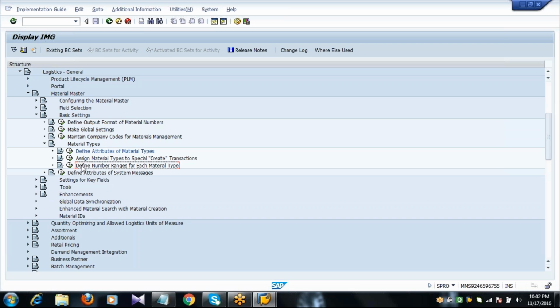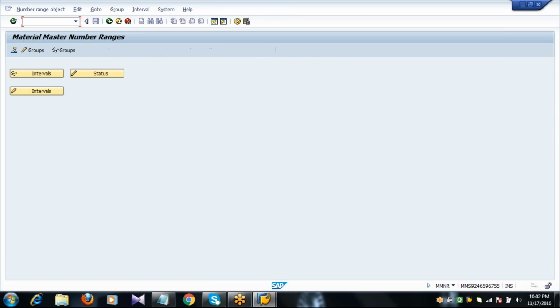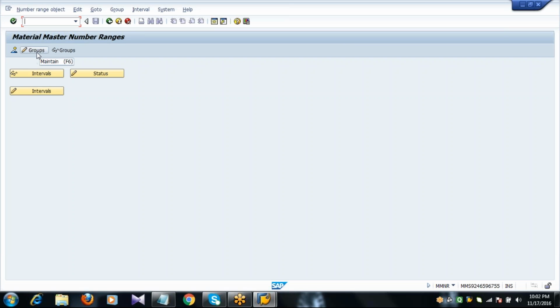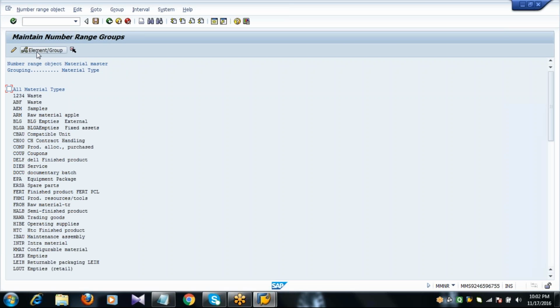So define number ranges for each material type. Click on groups. In the menu bar, group insert.